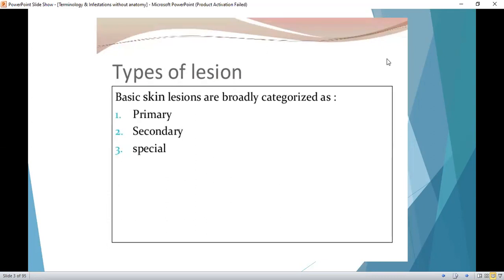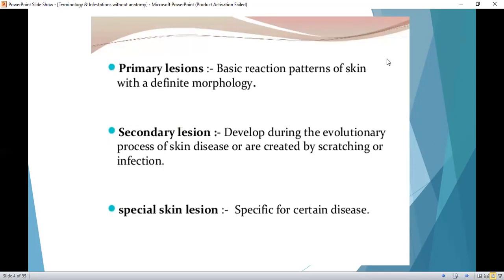Now, what do we mean by the primary, secondary, and special? Primary lesions mean the basic patterns of skin with a definite morphology. That is, they arise de novo. There is no pathology before that. Secondary lesions arise either as a development of the evolution of the primary lesions or by manipulation of a person, like scratching or secondary infection. And special lesions are those that are specific for certain diseases, like comedones are specific for acne, burrows are specific